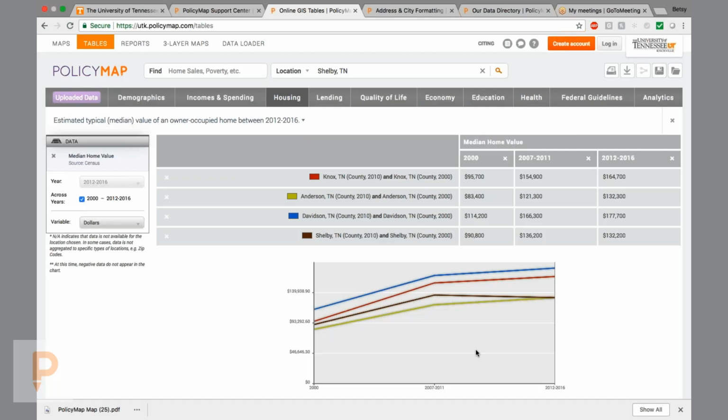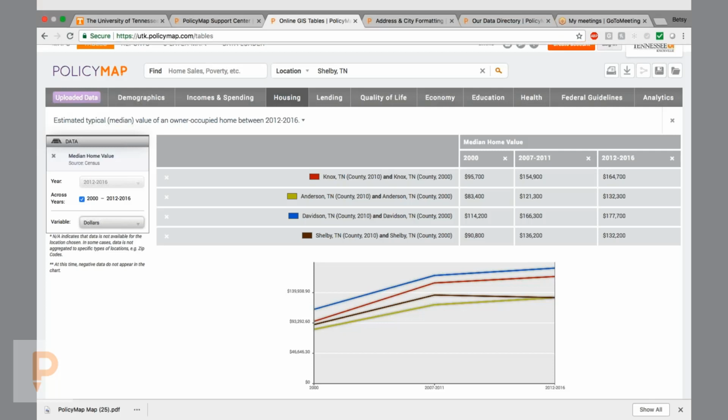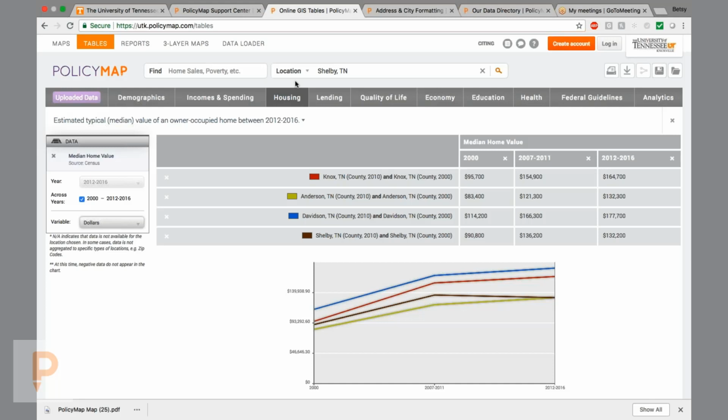You can look at changes across time. You can change the variable or look at percent changes. So keep in mind that not only can you view this data on a map, but you can also view it in a table. The next thing I was going to share with you is that you have the ability